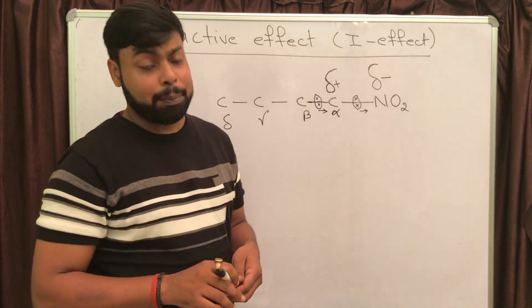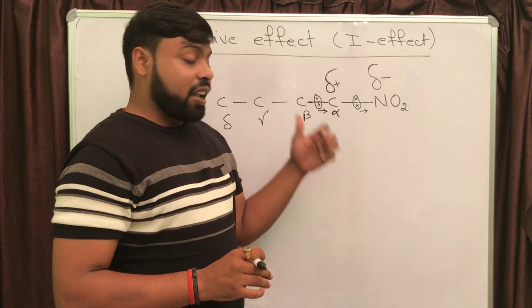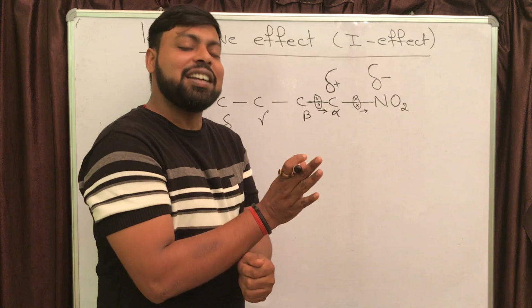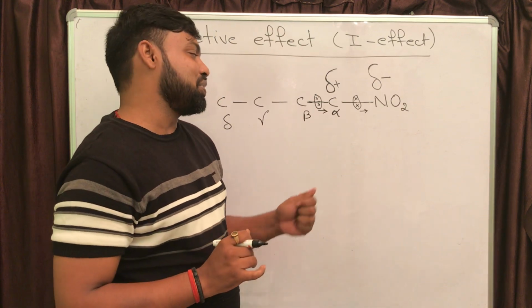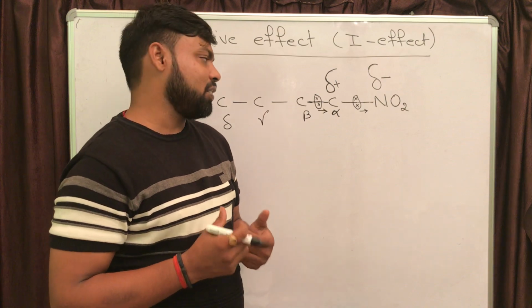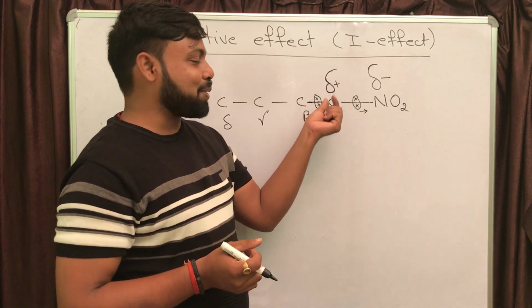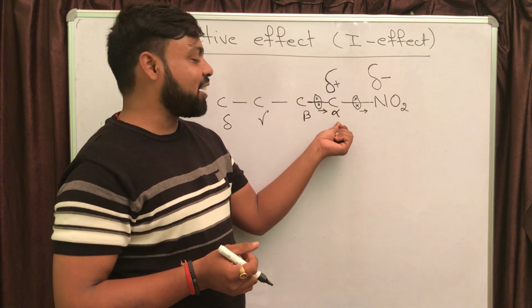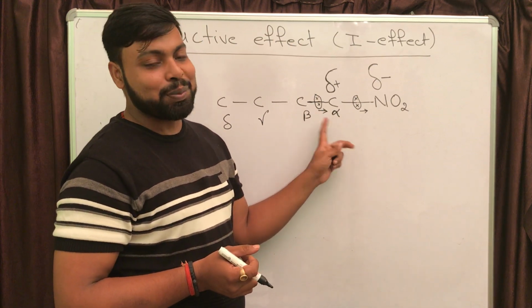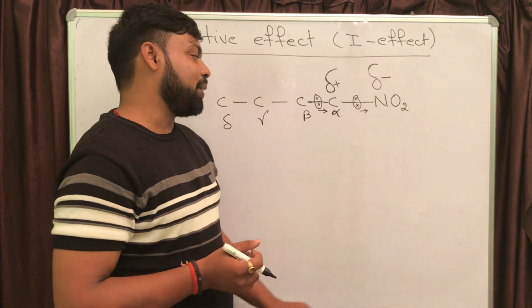And if it happens, the next bond pair electrons are again going to move slightly from their mid position. So this alpha carbon is going to have some partial negative charge. It also has some partial positive charge, but it will get some partial negative charge because the bond pair electrons between alpha and beta are going to be shifted towards the alpha carbon.